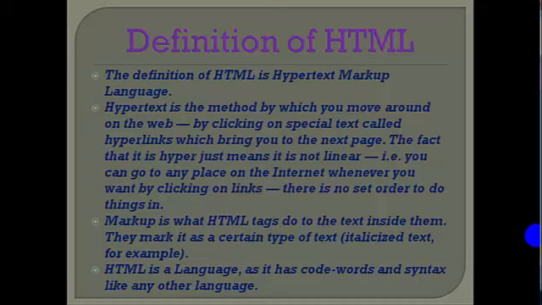And markup is what HTML tags do to the text inside them. They mark it as a certain type of text, for example italicized text. HTML is a language as it has code words and syntax like any other language. Alright,